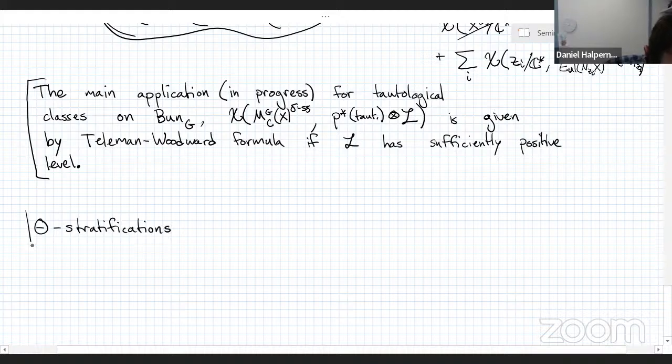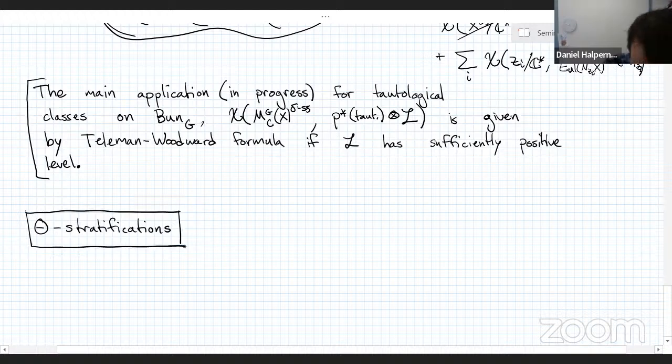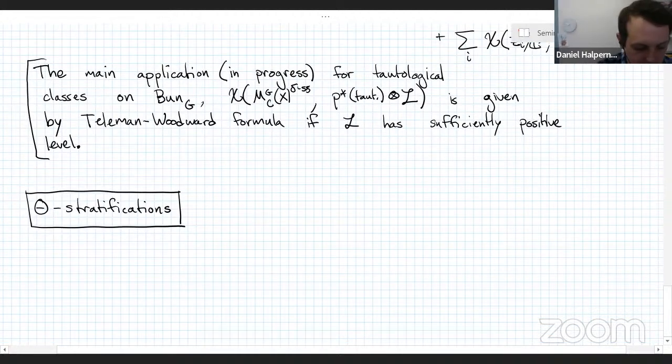And this again is supposed to be a general notion of which the Harder-Narasimhan stratification of vector bundles on a curve is an example. Other examples are the stratification of the unstable locus in geometric invariant theory. And so